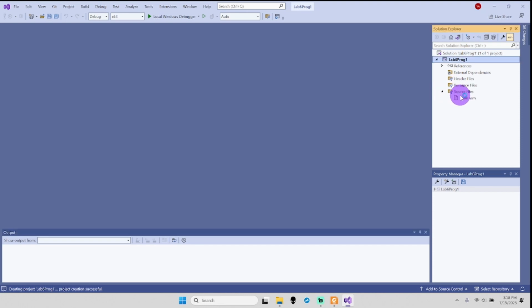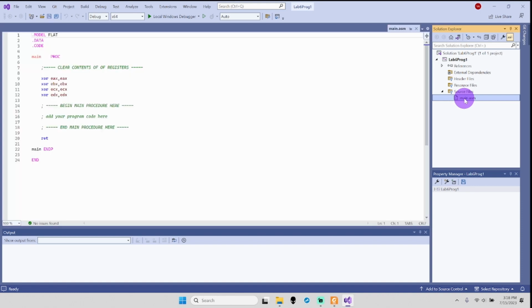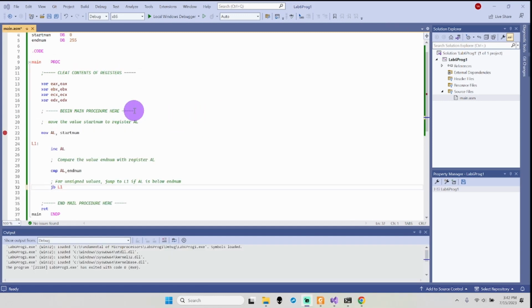Go here, double click here, and now let's go ahead and type in our code right here. Okay, I already typed in my code. I went ahead and put a breakpoint here by clicking it, like so. We showed this on x86. Just go ahead and